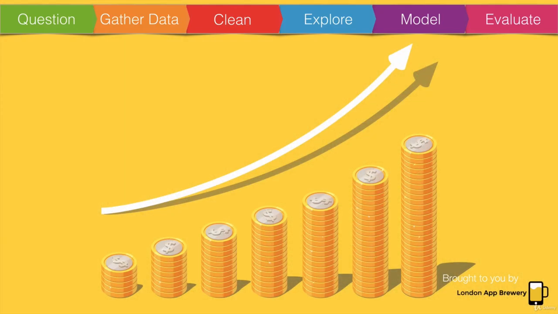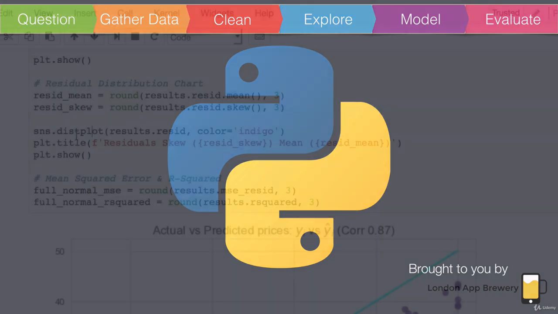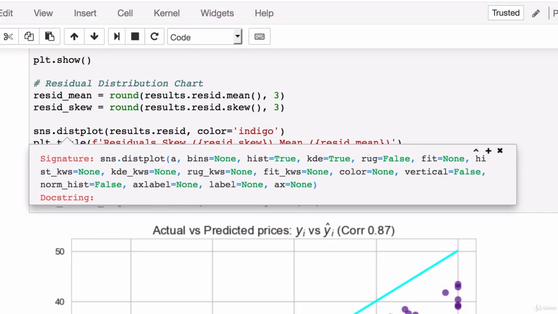I think the Boston upper price of $50,000 is not really that accurate anymore. And we're also going to be looking at how we can create a Python function with optional arguments. So arguments where there are already default values set, similar to what we've seen with Seaborn and Matplotlib. And we're going to cover the Python syntax, how we can create